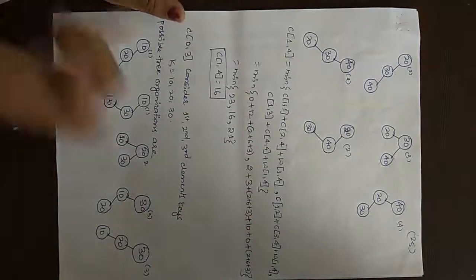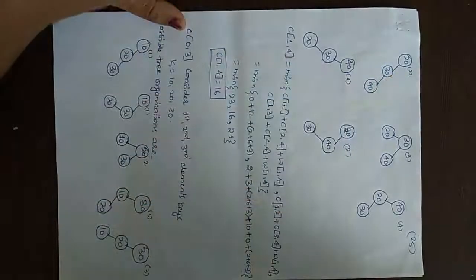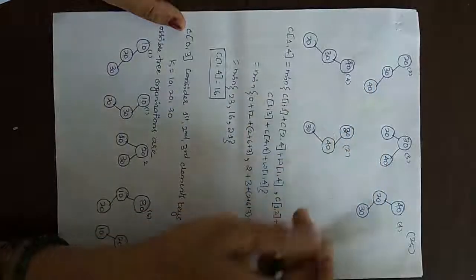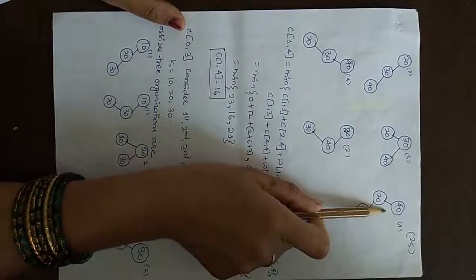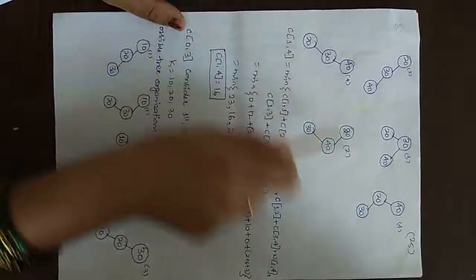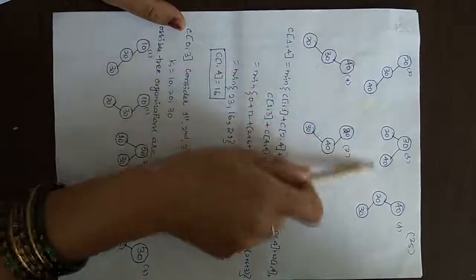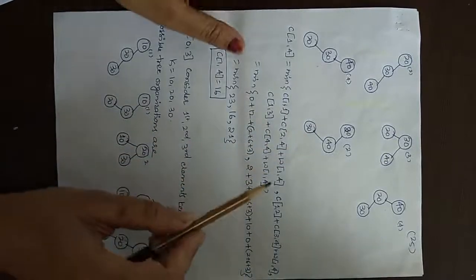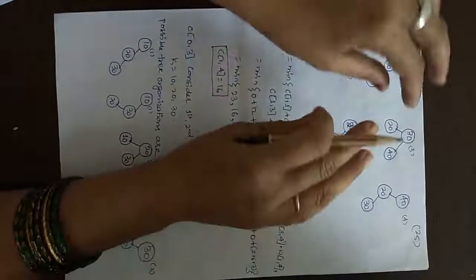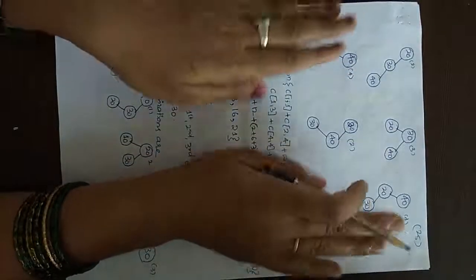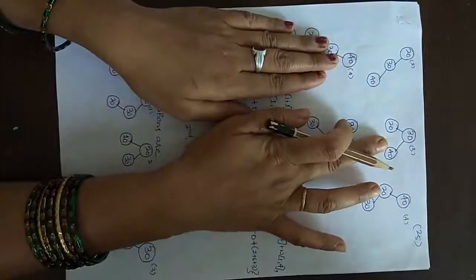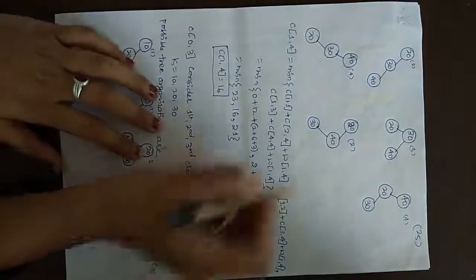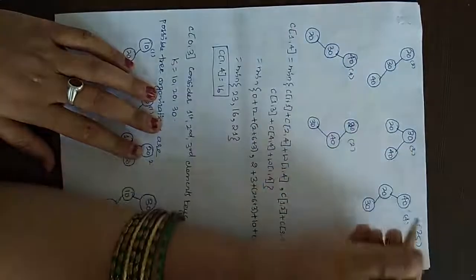Now, 5 terms will not be there. Why? Because when 20 is the root and here also 20 is the root, these two organizations are considered the same. Then 40 is the root, here also 40 is the root. These two organizations are considered the same. So, this is one term. So, there will always be 3 terms only here. 20, 20 is considered as one tree, 40, 40 is also considered as one tree, and this is the third. So, we can write these considering 20 as root, 30 as root and 40 as root.